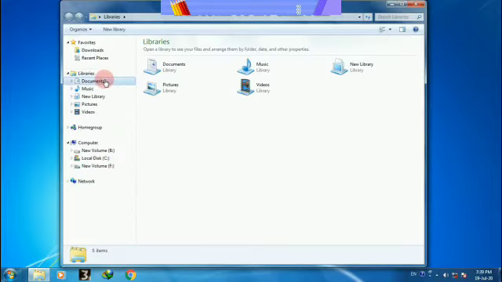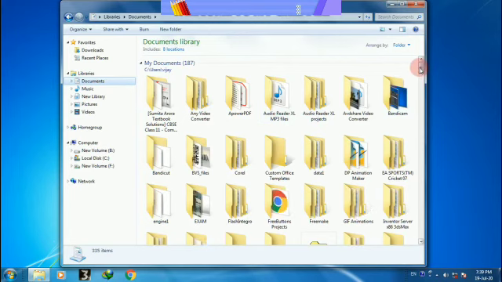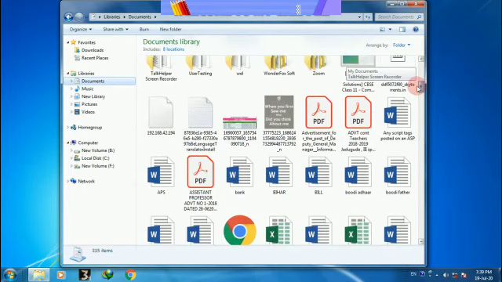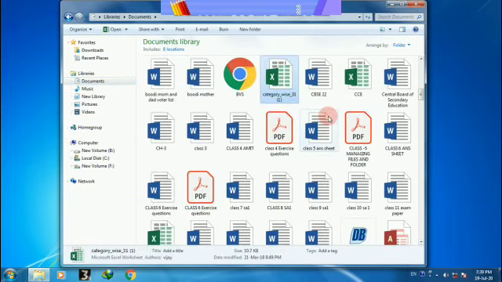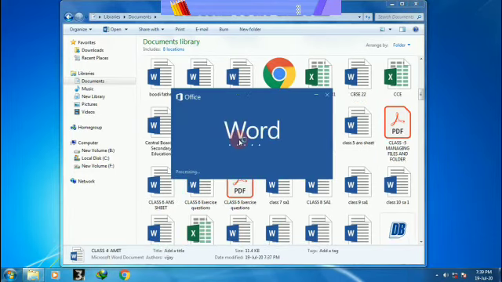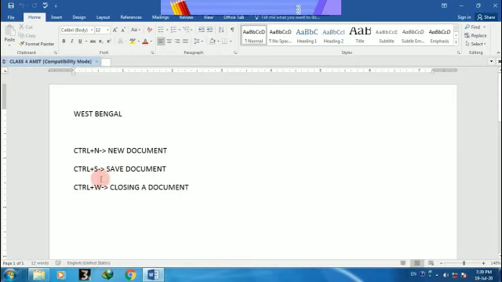So choose the location where you have saved your document, then navigation pane. Navigate and select whatever document you have created earlier, click on it, and then you will see your saved MS Word document open. See, this is your document, and whatever changes you want to do again in your file, you can.